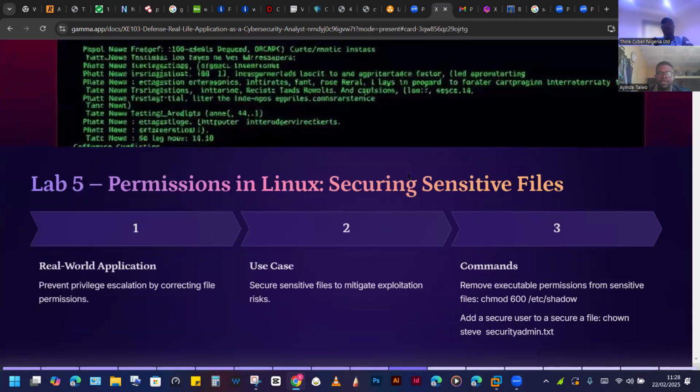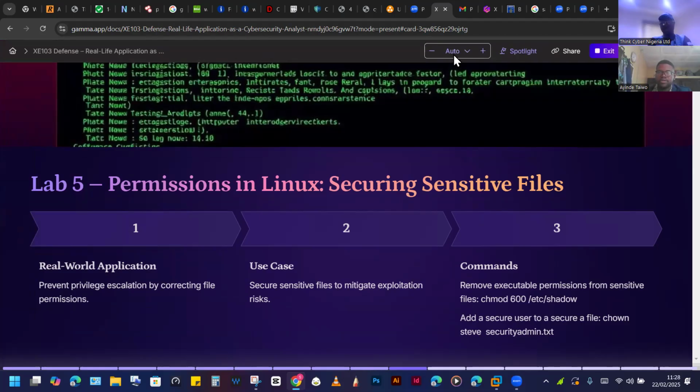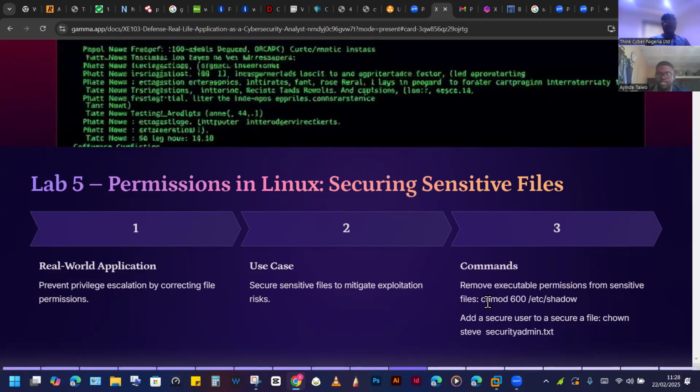So we have permissions in Linux, securing sensitive files. Real-world application, we use it to prevent privilege escalation by correcting file permissions, and we use it to secure sensitive files to reduce exploitation risks. The commands, we have chmod, and there are other commands like that. We have chmod,